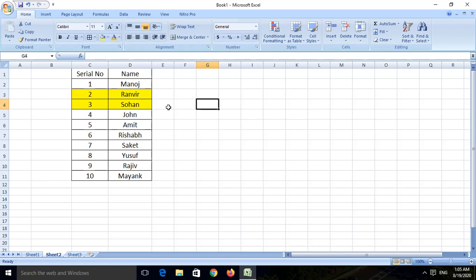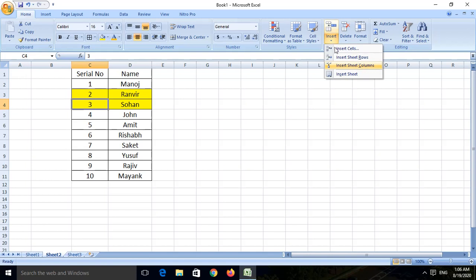So for that, what can you do? Just put the cell pointer on any of the rows, like on serial number 2 or on serial number 3, wherever you want. Then go to the home menu at the top. In the home menu, on the right hand side, there is an option called insert.